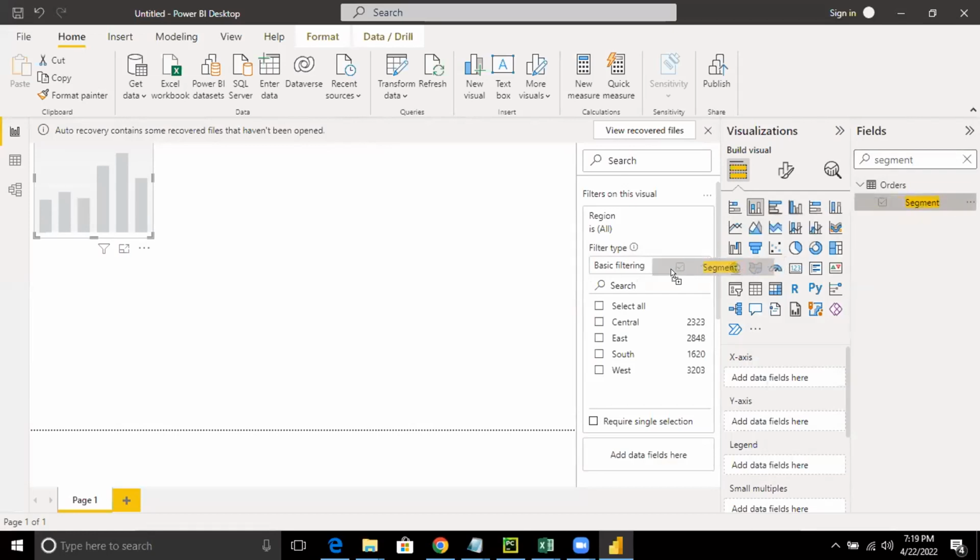Select the segment and add it to the filter. So did you get two options, everyone? I repeat the steps. There are two categories we will add in the filters to this visual. One is the region and the second thing that we will add is the segment. Region and the segment.